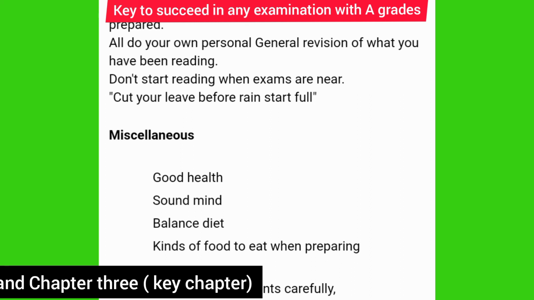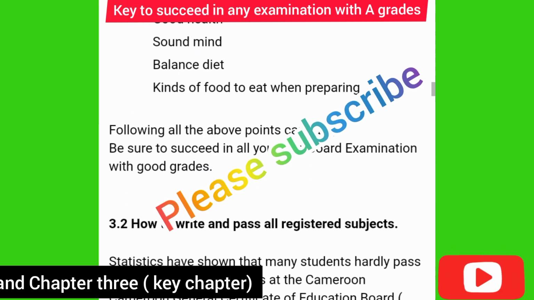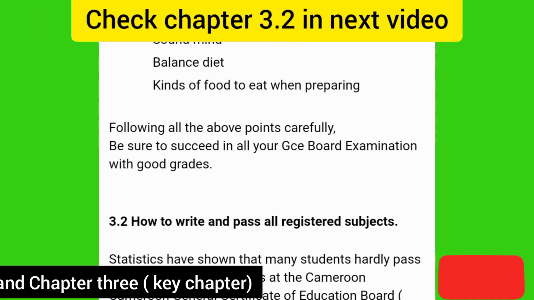Miscellaneous: good health, sound mind, balanced diet, kinds of food to eat when preparing. Following all the above points carefully, be sure to succeed in all your GCE board examinations with good grades. 3.2 How